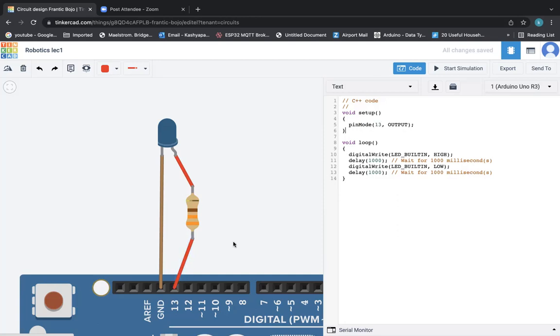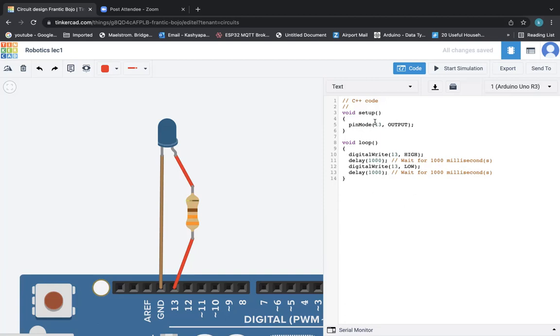So here also I'm going to change it, LED built-in to 13. And here also LED built-in to 13. I will explain this loop part in a bit.